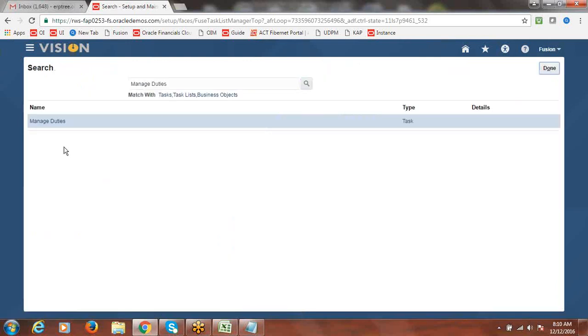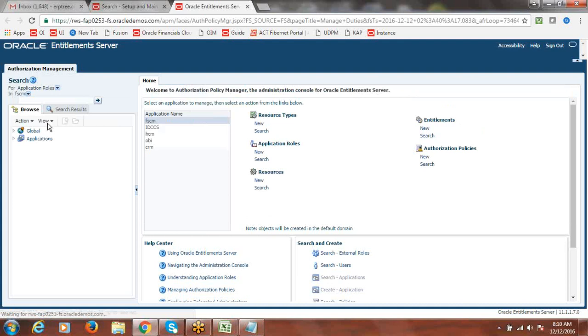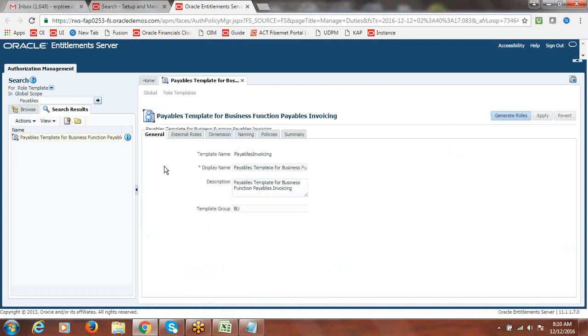Search, then click on go for the manage duties task. Here select any one of the templates. Let's go with the payables template. Click on open.